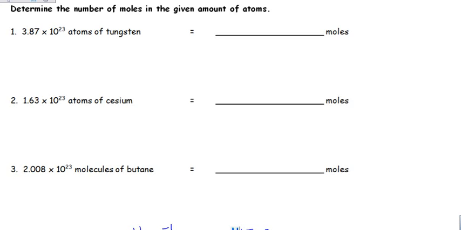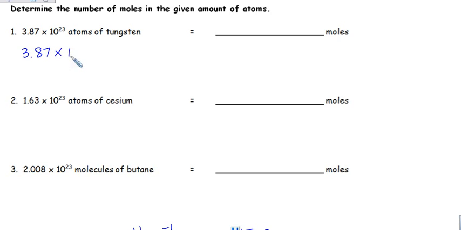In the last video, we were converting between moles and particles. Particles being atoms or molecules. In this video, we're going to go opposite. We're starting with a quantity of atoms or molecules, and we're converting it to moles. We're using this proportion method, where we start with what we have. Let's see here,